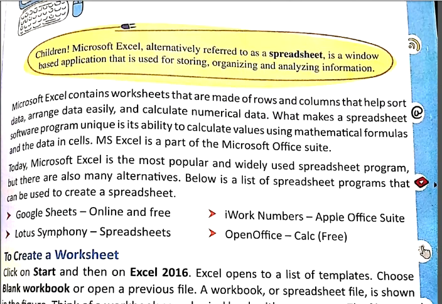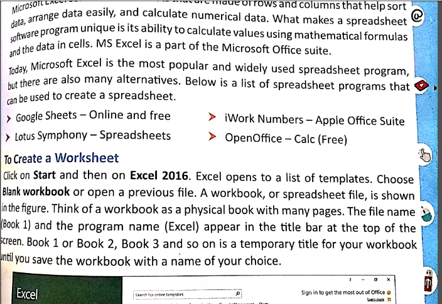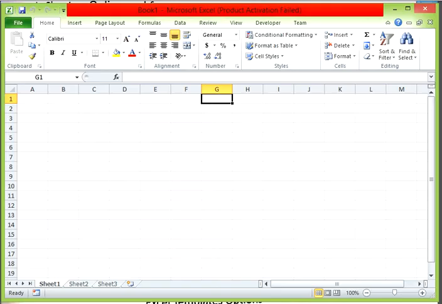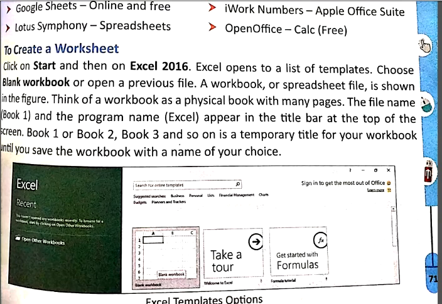The next topic given here is how to create a worksheet. Here you can see this is a practical view. This is a worksheet. This is sheet 1, this is sheet 2, this is sheet 3. By default we will get these 3 sheets. This is a sheet and the complete collection of these sheets is known as a workbook. This is Book 1. The workbook is like your notebook, and a worksheet is like a single page of a workbook. If you have a notebook, then the complete notebook is like a workbook, and a single page is like a worksheet.